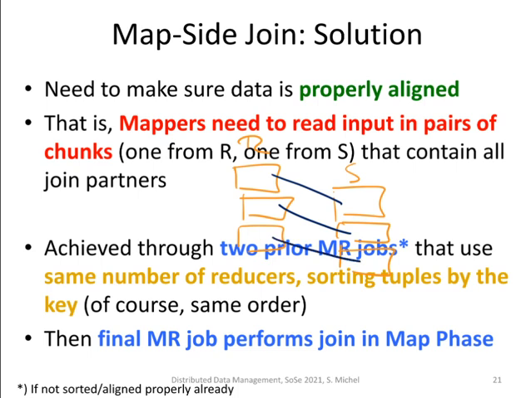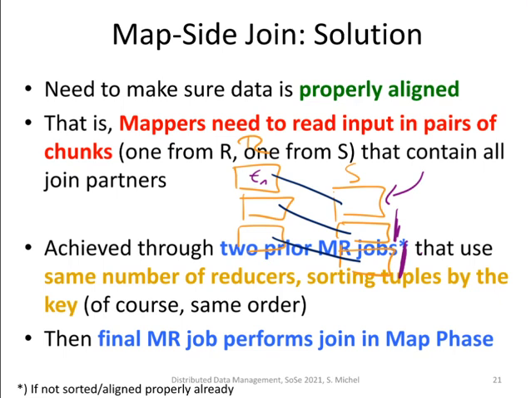So you have 3 chunks here, and you have the chunk from relation R. The first one has only matching tuples in the first chunk of S, and so on. And this is enough to compute the join. And what needs to be given, of course, is that if you have a tuple here, T1, that there is no join partner for T1 here in this chunk, for instance, or in this chunk, only in this chunk. So how can we make sure this happens?